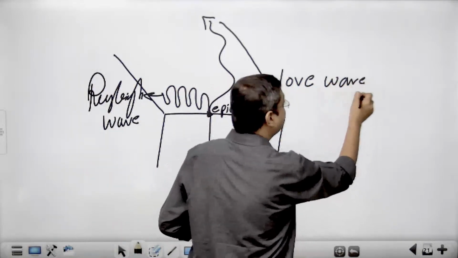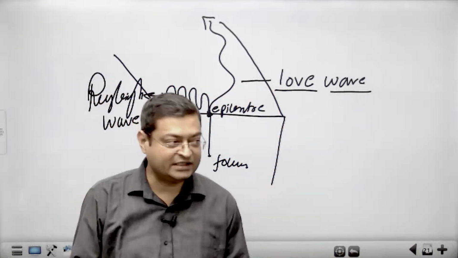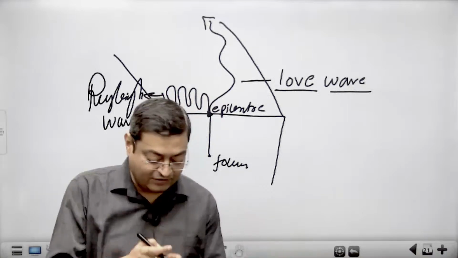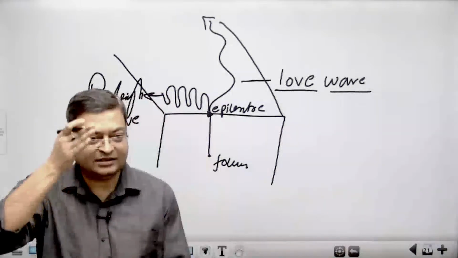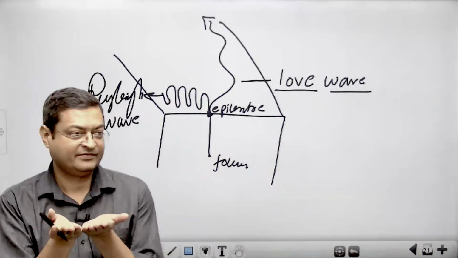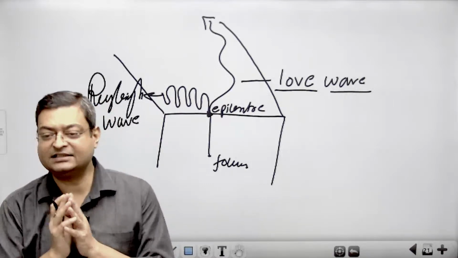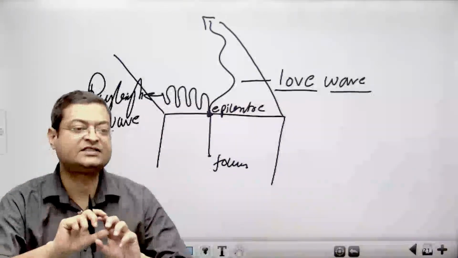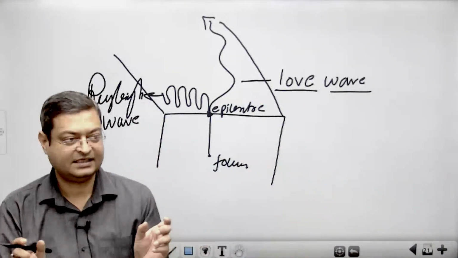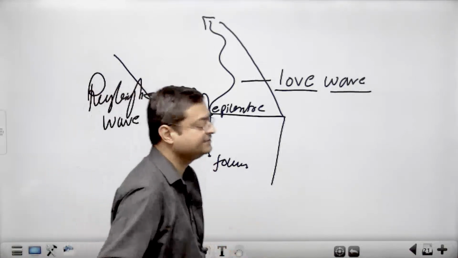That's why these are the most destructive ones, because when it occurs, the ground is not only shaking upward and downward, but it is also shaking horizontally, and they create the destruction. They are basically generated from your P and S waves when they strike the earth's crust, and then these two sets are generated. So now draw this picture.